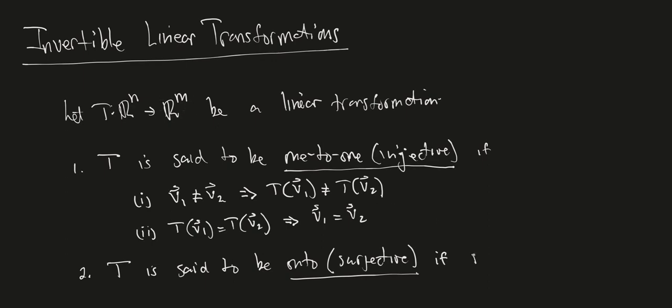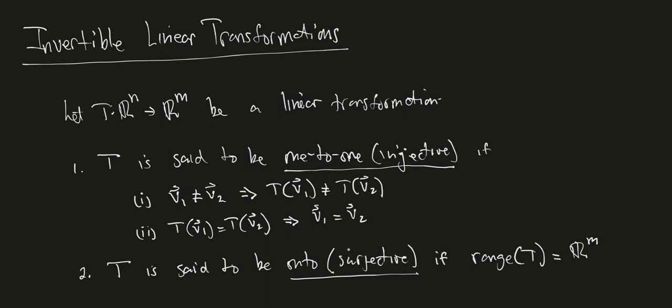So if the range of T is in fact equal to Rm, in other words, every element in the codomain is a possible image of some element in the domain. And whenever that happens, we say that the transformation is either onto or